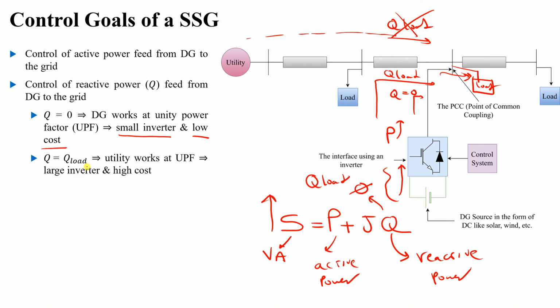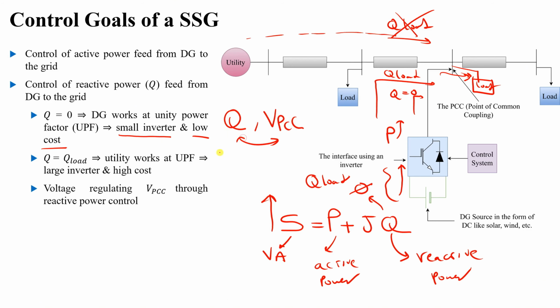However, in reality, we can also change how much Q we give. It is not necessarily Q load. We can give more Q if we would like to support the grid. Another way is that you will find that Q and V at the point of common coupling are coupled with each other. So by controlling reactive power, you can actually control the voltage at the point of common coupling, right? So by controlling the reactive power here, we can control the voltage here, because they are related to each other. We will explain this in the next lesson when we talk about the active and reactive power for a